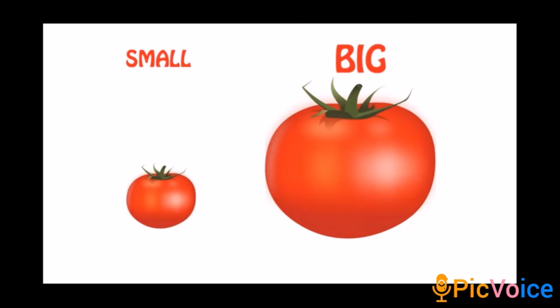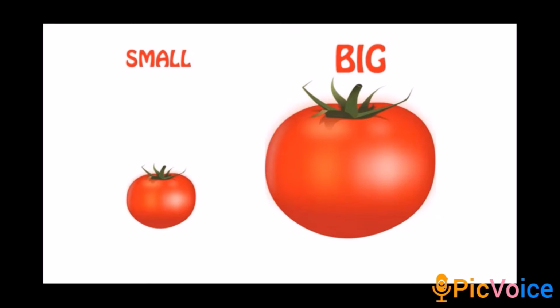By seeing the picture itself, we can easily identify which tomato is big and which tomato is small, isn't it, children? Already we have learnt a lot of examples with pictures to differentiate the big and small, isn't it, children? See, the one which is on the right hand side is big, and you must also know the spelling for big. Okay, children, what is the spelling for big? B-I-G, big. The big tomato is on the right hand side, isn't it, children?